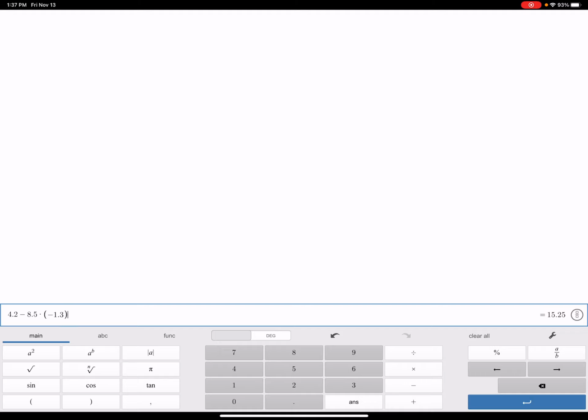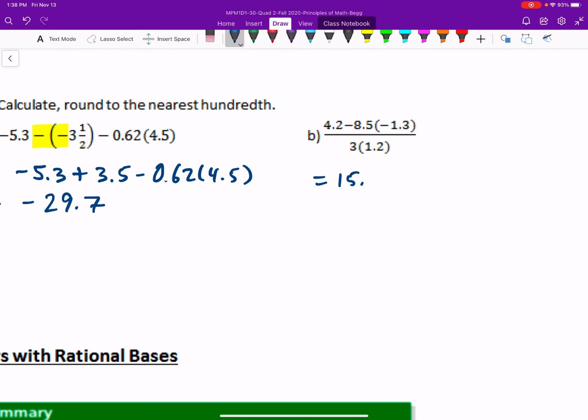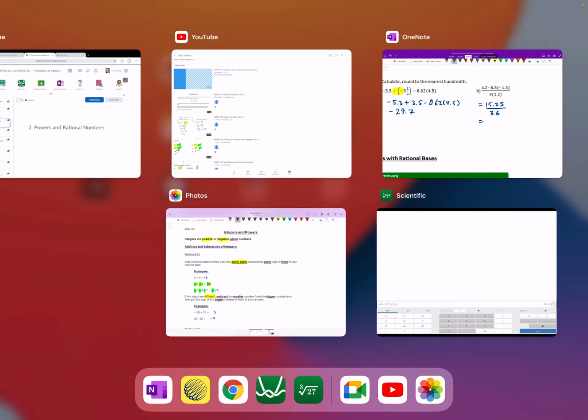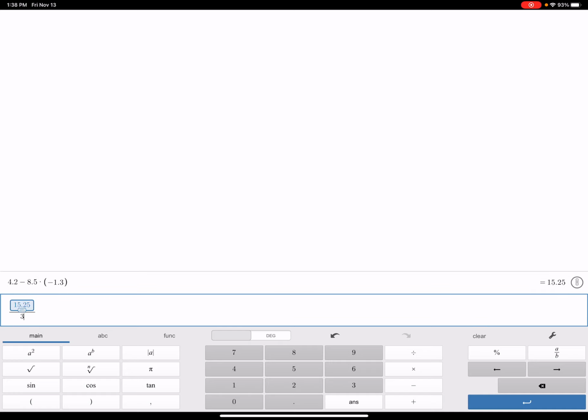So that's my numerator, 15.25. I'll just write that down. My denominator, I can actually do that one in my head, 3.6. So if I do 15.25 divided by 3.6, I got